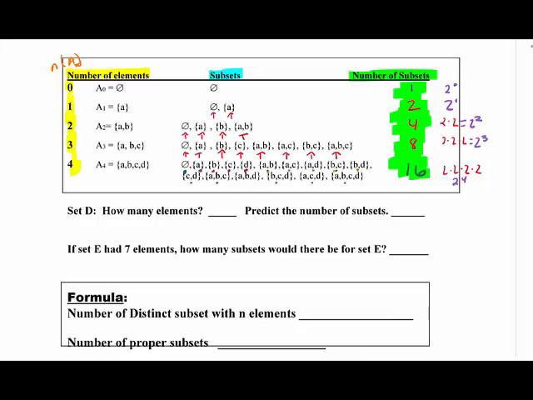Do you need to explain this? No. But you are expected to have this memorized. I wanted to show it to you so that you could understand where it comes from, but it does need to be memorized. So for set D above,